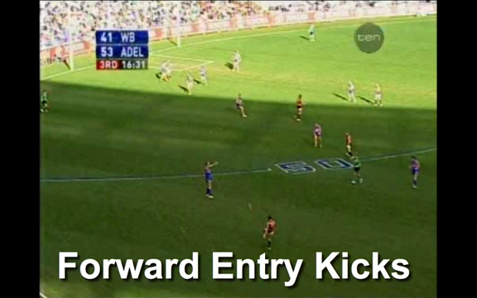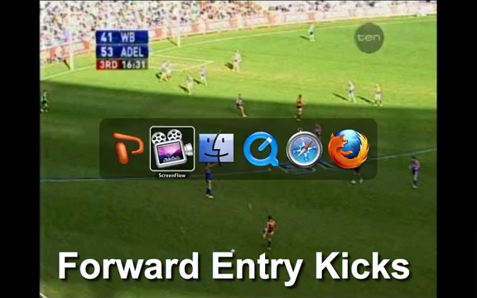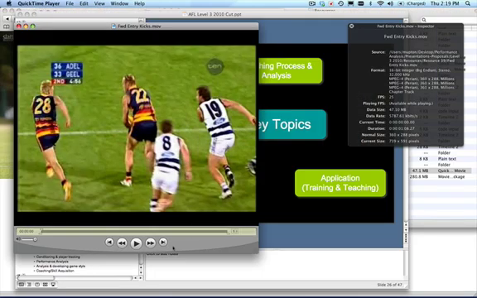So what about just looking at some vision? If we code certain types of kicks in Sportscode, we can then quickly pull those out and look at the types of kicks that occur in these situations to help design our training. So here's an example in Australian football,